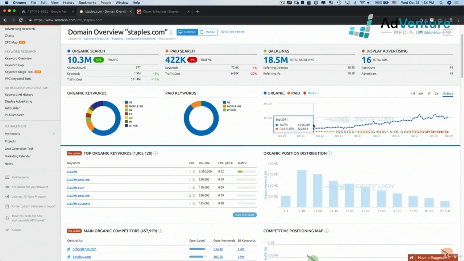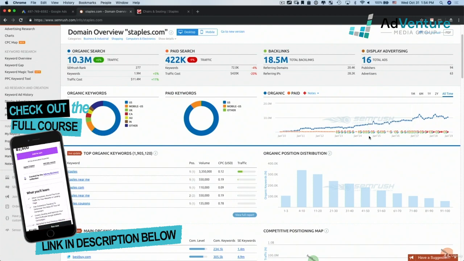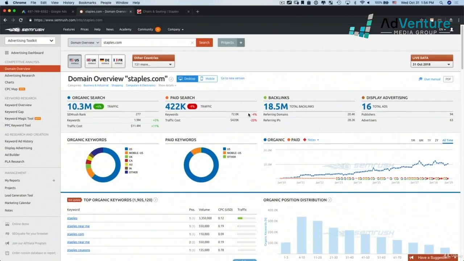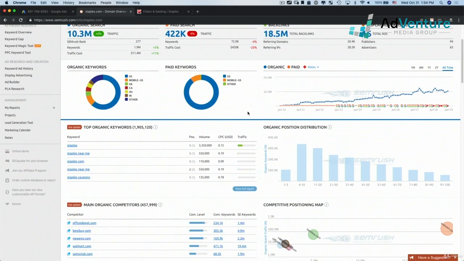You see that Staples seems to have been growing in their organic volume, but sort of staying pretty static with their Google Ads volume. And again, these are real serious estimates. We have a lot of clients that we manage these campaigns for. We know exactly what their volume from Google Ads is, and we come in here and we see that either they're seriously undershooting it or seriously overshooting the traffic estimates in SEMrush. So I'm not bashing SEMrush, it's a great tool, but you have to understand that certain metrics are not reliable,